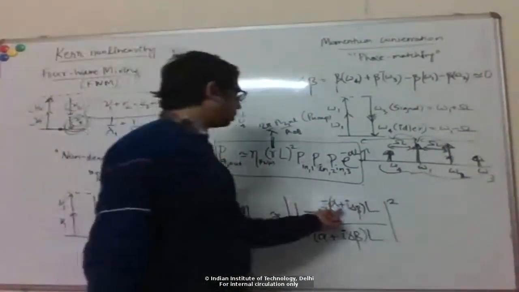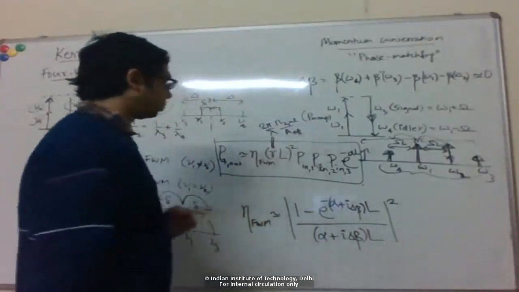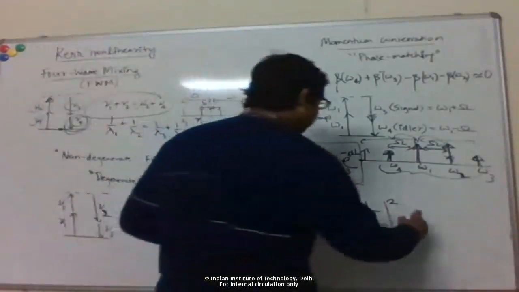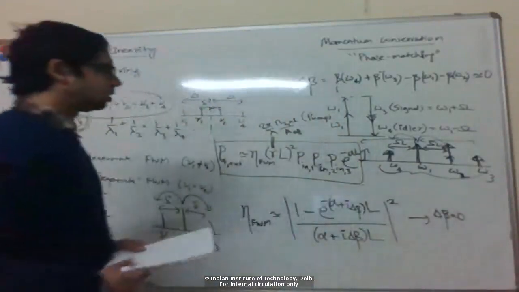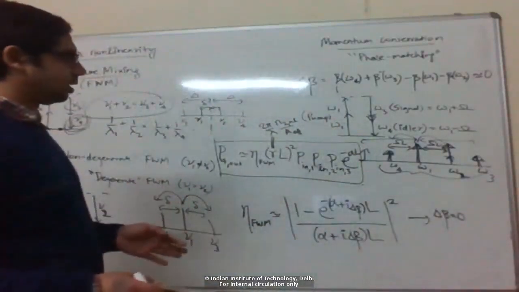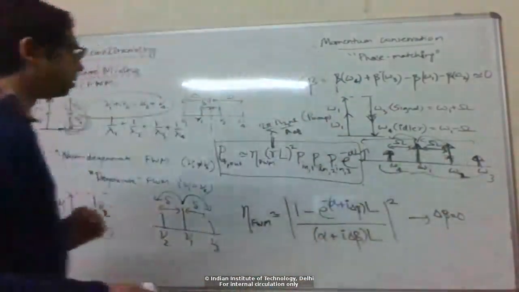So if alpha or delta beta or both are large, then this value is small. So you can check. For example, if delta beta is 0, in the case where somehow you have perfect phase matching,